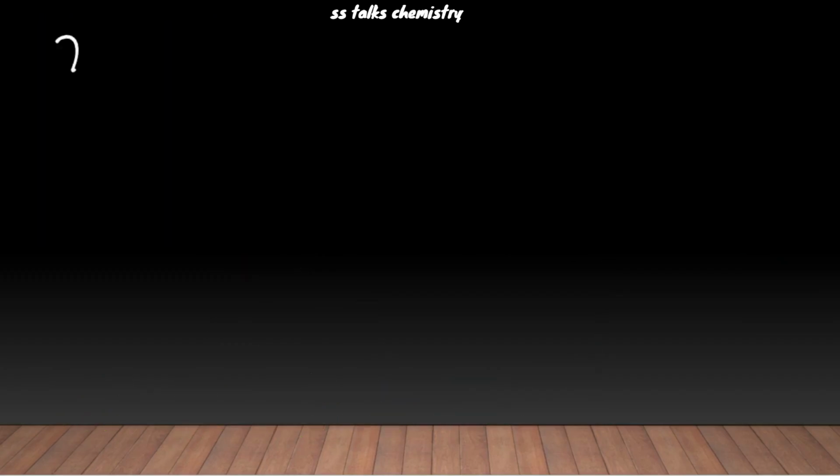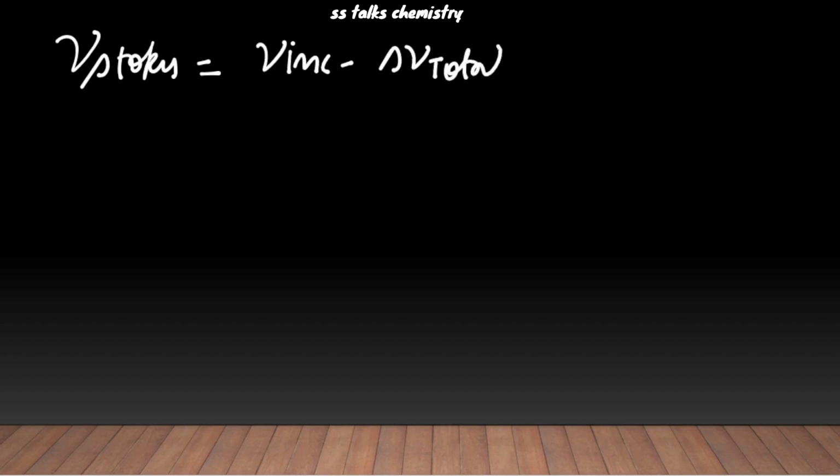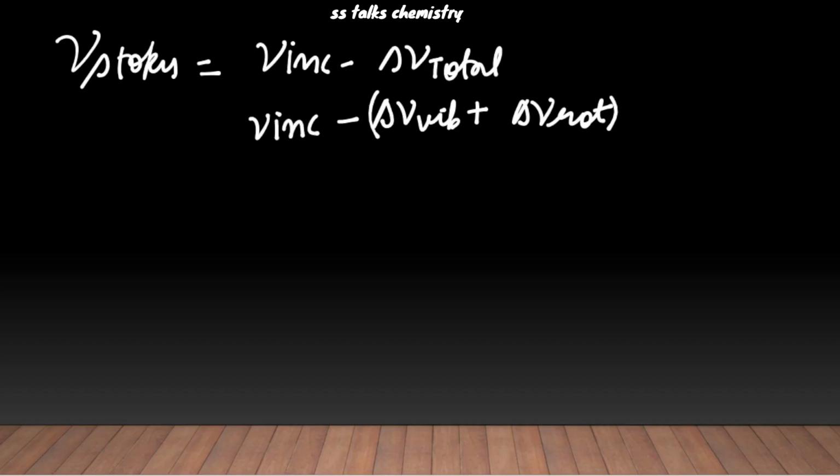So the nu for the Stokes line is going to be the nu of the incident minus the total delta nu. The total means the delta nu for the vibrational plus the delta nu for the rotational energy levels, right? So if you subtract this sum from the incident, you will get the stretching frequencies for your Stokes lines. So the incident one was at 20,000, minus